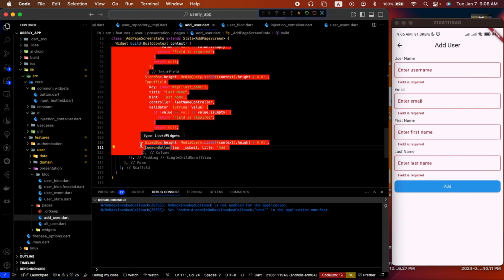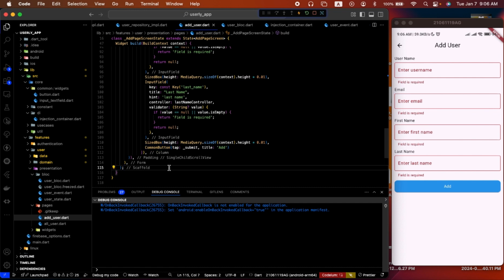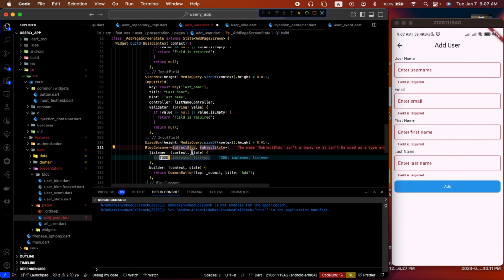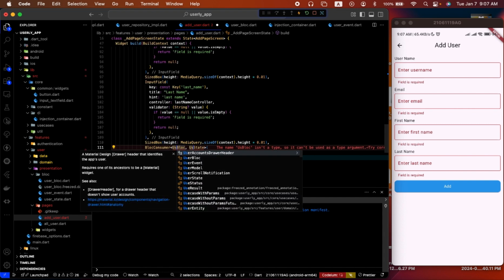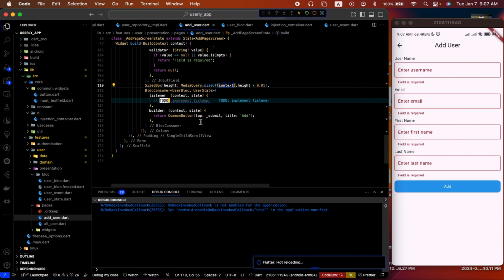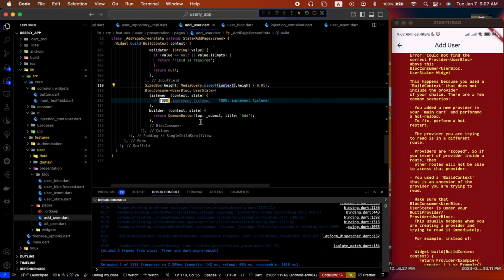So in bloc we have block listeners, block consumer, and a lot of block builders. You can check their documentation to learn other stuff. What we need to do here is wrap this with a block consumer, and then say user block and user state. So what is happening? Why do we use block consumer? So block consumer gives us